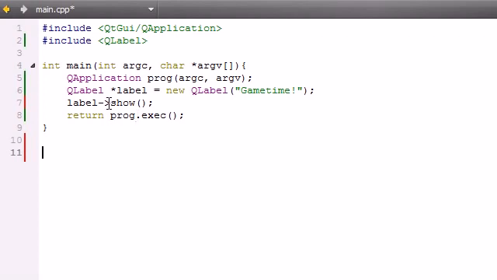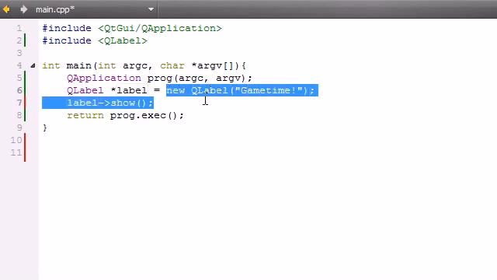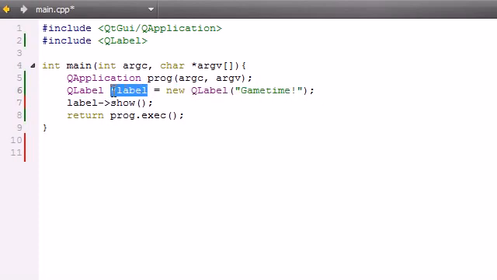Now, the reason that we can't do that with this right here is, if we look closely, we notice that we didn't create an object. What we did is we actually created a pointer that points to a label object. So a pointer and an object are two very different things, and you know it's a pointer because of this little asterisk right here. So what this means, A arrow B, is exactly the same thing as